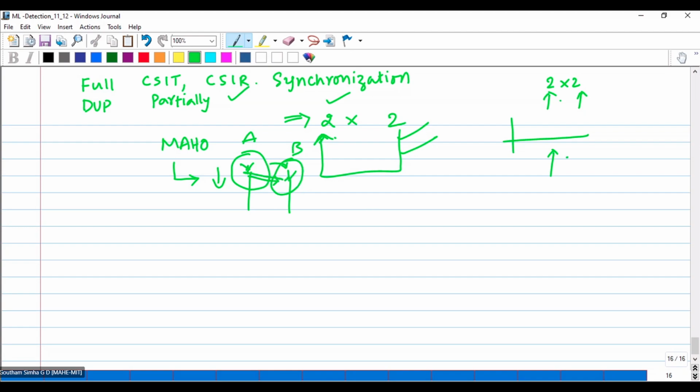Now for that, what are all the things you need? You need at least a partial channel state information at the transmitter, a complete channel state information at the receiver, and synchronization. Synchronization means the mobile should be in a position to communicate to the base station, that is your home transmitting station, so that the network will communicate it to the next network, so that whenever your mobile enters the next cell, automatically your base station will initiate a handoff from this cell to another cell.